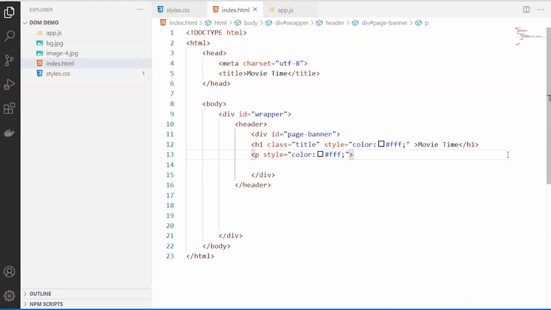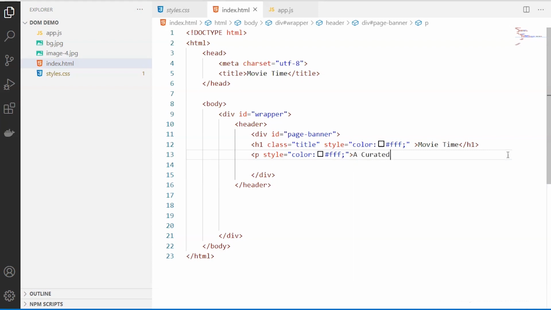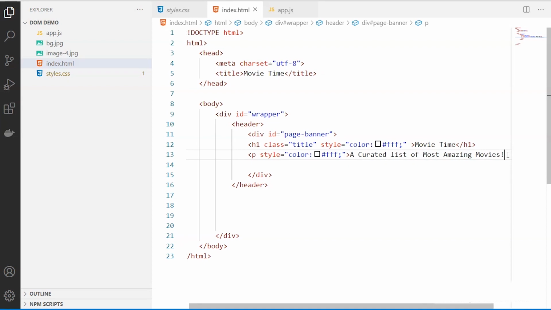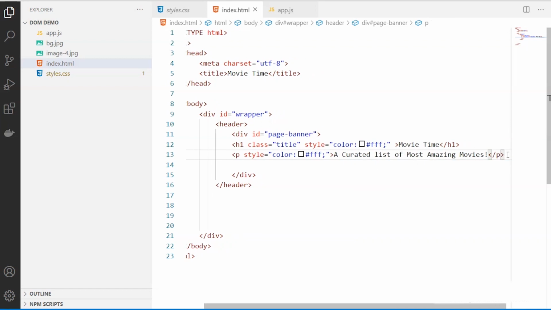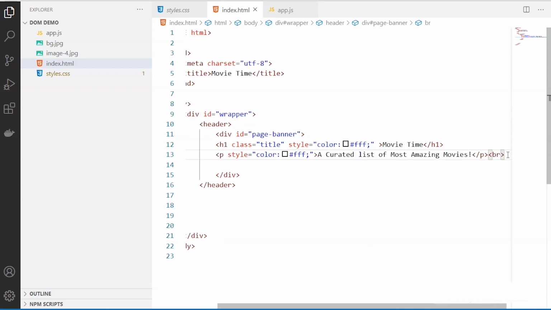Here, let's say a curated list of most amazing movies. You can write your text however you want, however you want to display those taglines and the title. So I'm closing my paragraph here, and I'm also giving a break there.